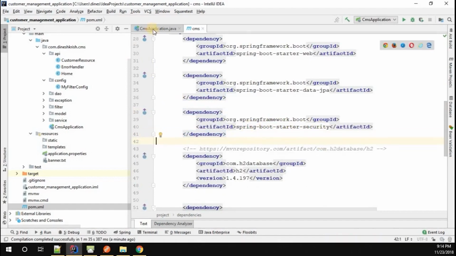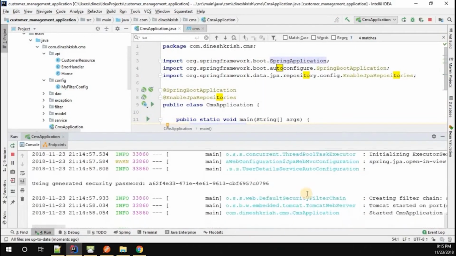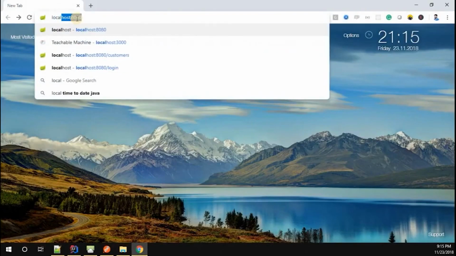So once that is added, I'm going to simply run this application. Here we go. Now our application started. After adding the security artifact in our Spring Boot application, we just started our Spring Boot application, right? So now let me go to